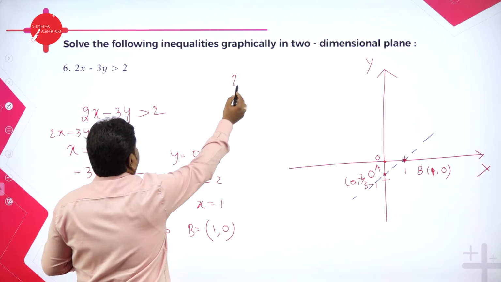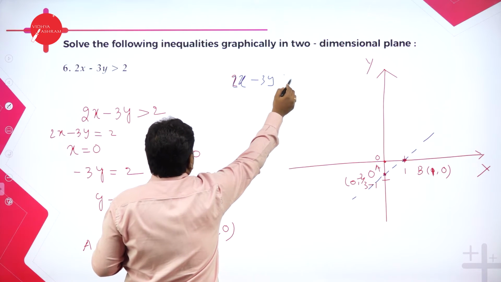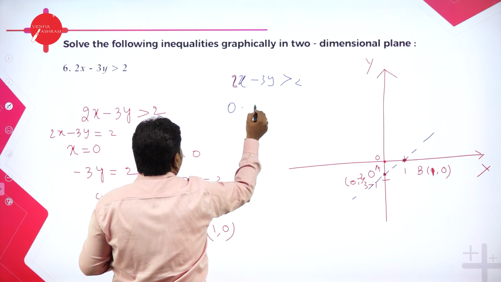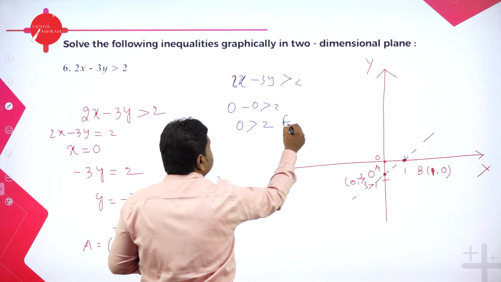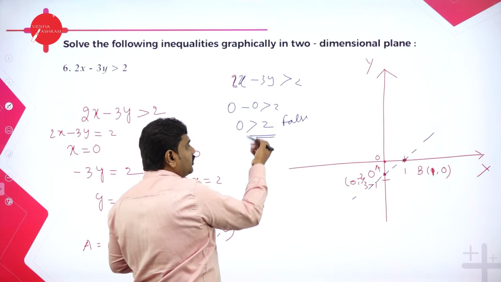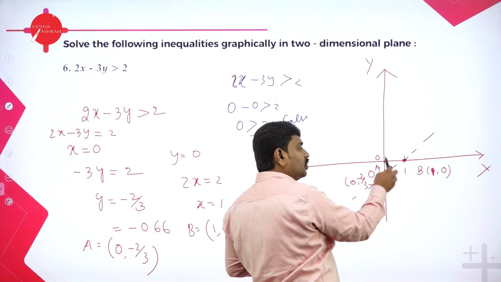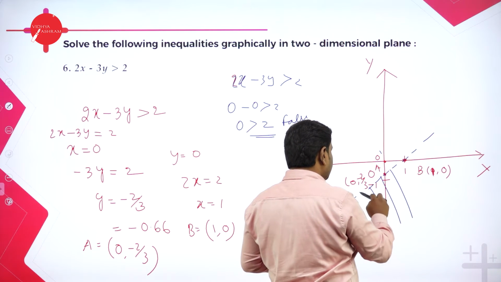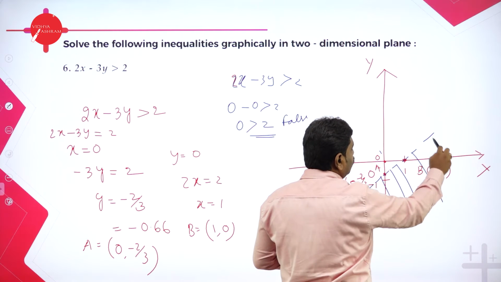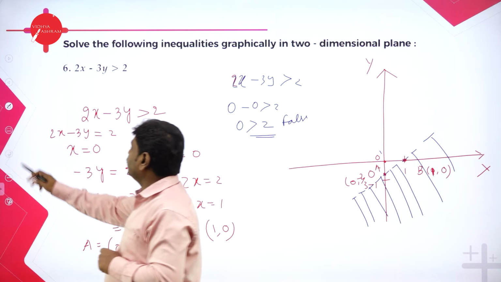So first I'll take 2x minus 3y greater than 2. I'll put the origin: 0 minus 0 greater than 2, 0 greater than 2. 0 greater than 2 is false. 0 is less than 2, so it is false. So I should not go towards 0, which is this side of the line. I should go away from 0, meaning shade below. Don't shade towards the origin, shade away from the origin, that's it. Next we have